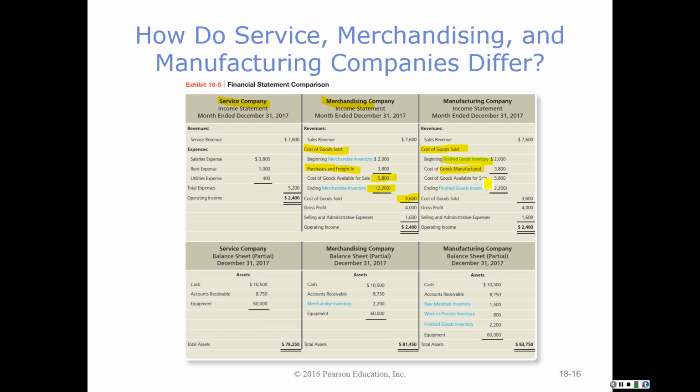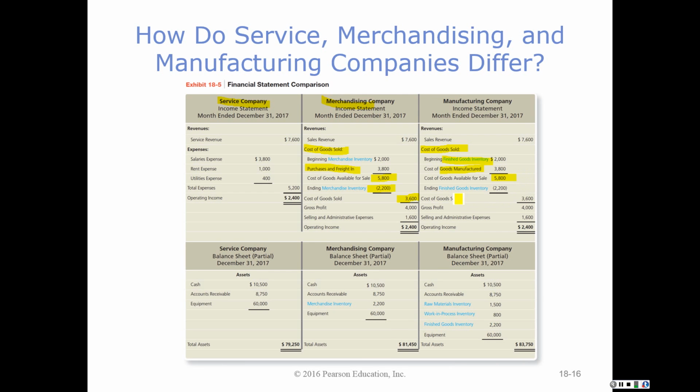And this cost of goods manufactured is going to have those three items that we just looked at: raw material, work in process, and finished goods. We will use all three of those components to come up with our total cost of goods manufactured. So if we know the finished goods that were on hand and ready for sale at the beginning of the period, we know the cost of finished goods that we have manufactured this period, then that shows us that at some point we had $5,800 worth of merchandise available for sale.